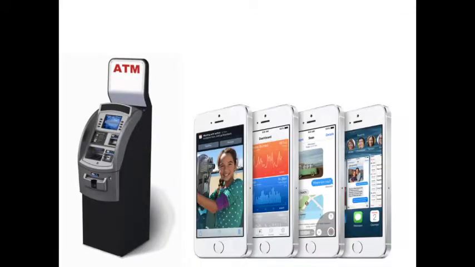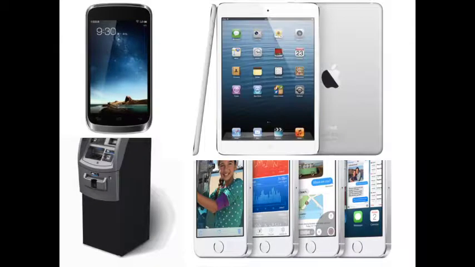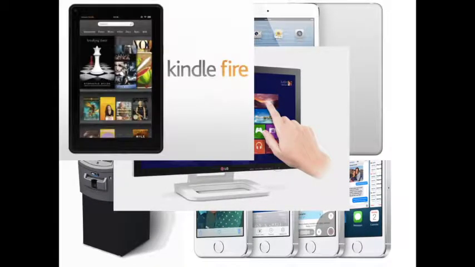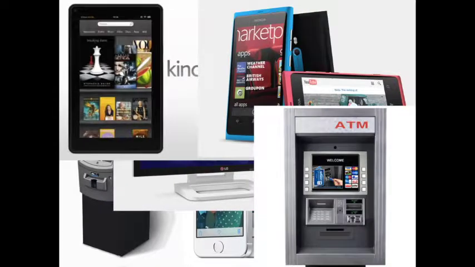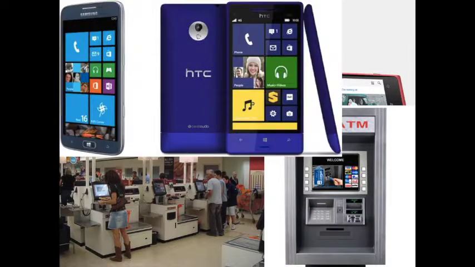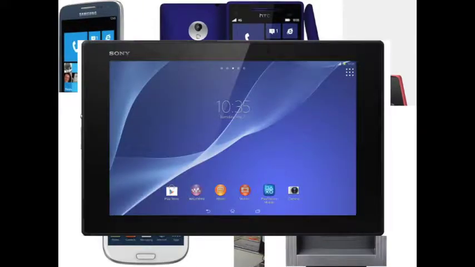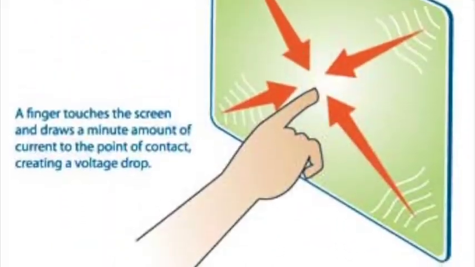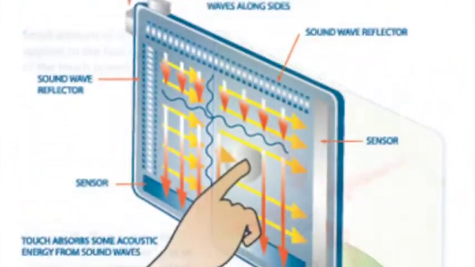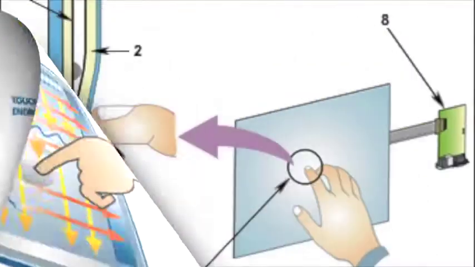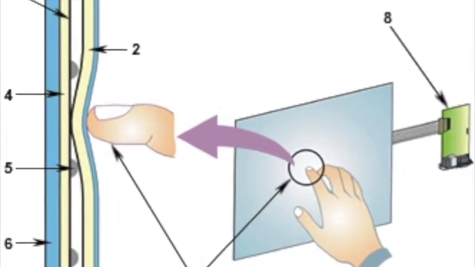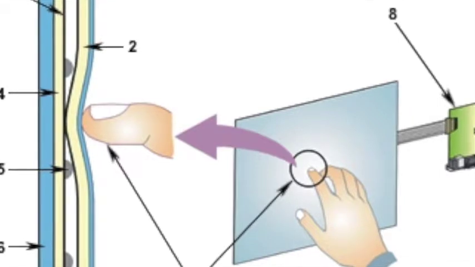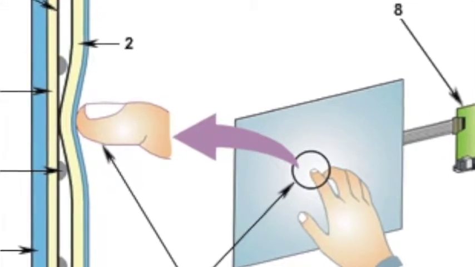Since touchscreens are so common in today's society, we thought it would be interesting to learn how they work. At the most basic level, there are three systems that can register a person's touch: resistive systems, capacitive systems, and surface acoustic wave systems. The resistive system has a typical glass panel, and that panel is covered with a metallic